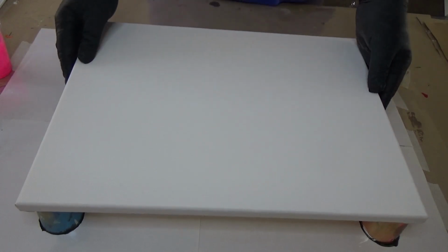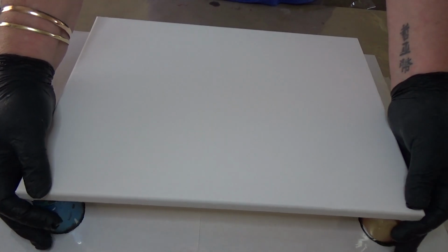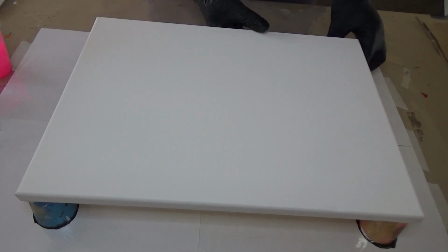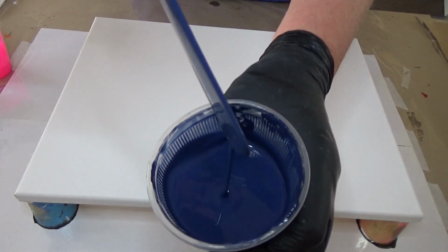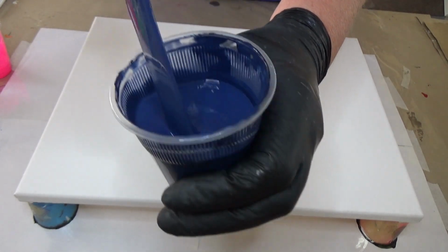So today we're going to be working on a 12 by 16 inch canvas, and I'm going to be doing that pour over again, the swipe one like in my previous video, but today I'm not using black, I'm going to be using Paynes Grey. So here is the consistency. That's the Paynes Grey,